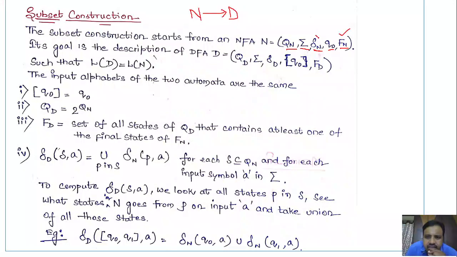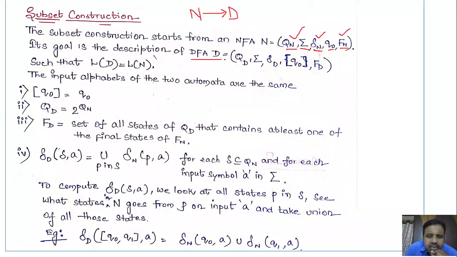These are the three changes that may occur when you convert an NFA into a DFA. That means, what are the attributes that may change? The first thing, the number of states will change. The transition function will change, because the transition function of the NFA is different from the DFA. The starting state will remain the same, but the set of final states may change. Next, the goal of this subset construction algorithm is to generate the DFA from the given NFA,